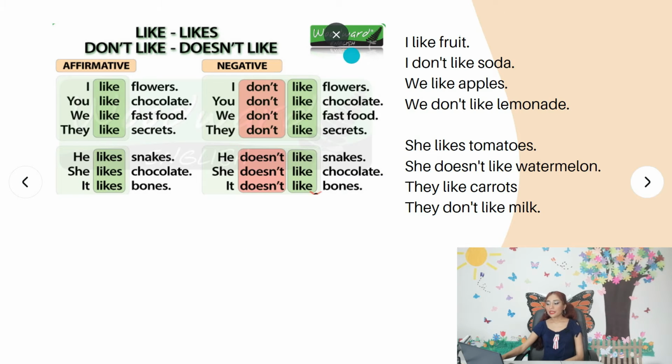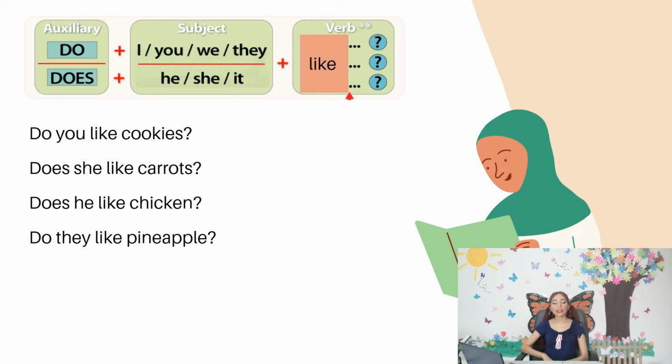So here I have some other examples. I like fruit, we like apples, but in this case we have she likes tomatoes. They don't like carrots. Okay, solo vamos a checar eso. Okay, right now let's check how do we